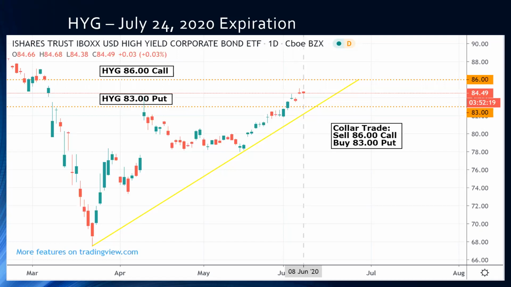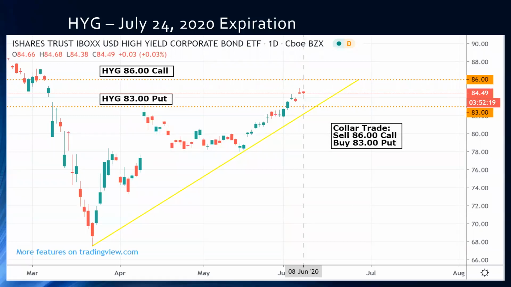Now, then there's the corporate bond market. So the Fed came out last week and said, hey, we're going to prop that up. The irony of it all is I made this slide, and a couple of days later, the Fed comes out and says that they're going to start buying the corporate bond market. So that's good for those that are holding this ETF. If you were insecure about holding the ETF and you didn't know what option strategy to put on, you got some good news there.